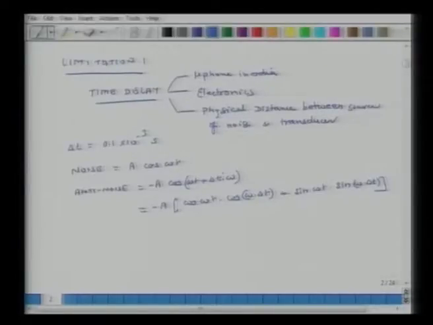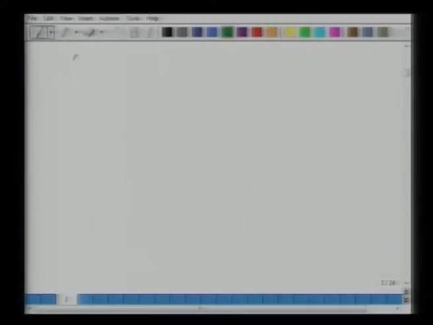Yeah, yeah. So at a mathematical level, forget about the implementation, even at the level of principle, the cancellation will be identical and 100% when this number is exactly 0, or it will be satisfactory when this number is fairly small and also this number is fairly small, right? Both of these numbers have to be small. So let's look at some actual numbers. So we assume that delta t equals 10 to the power of minus 4 seconds, and we evaluate for different frequencies what the cosine omega delta t and sine omega delta t terms are.